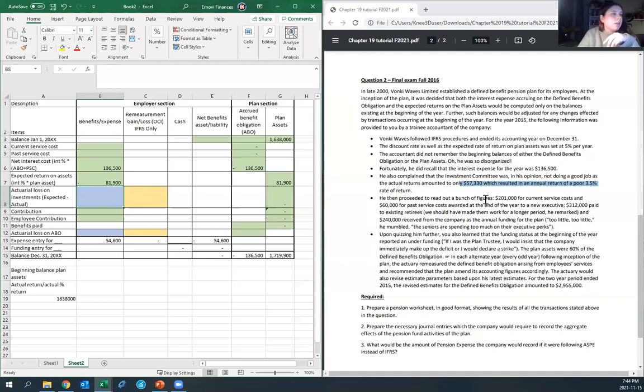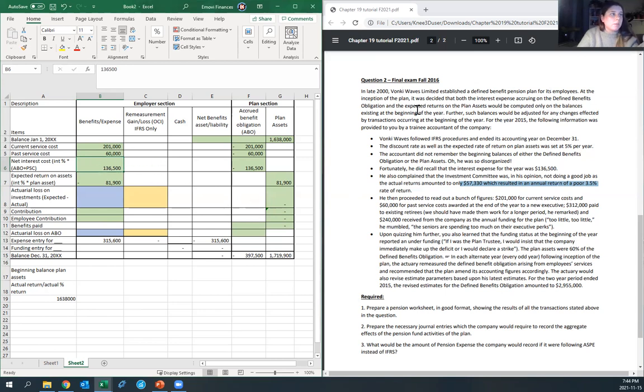He then proceeded to read out a bunch of figures: $201,000 for current service costs, and then $60,000 for past service costs. So here, it was given to us the interest expense for the year, but if it wasn't given,